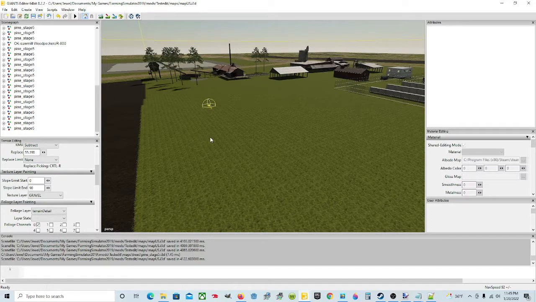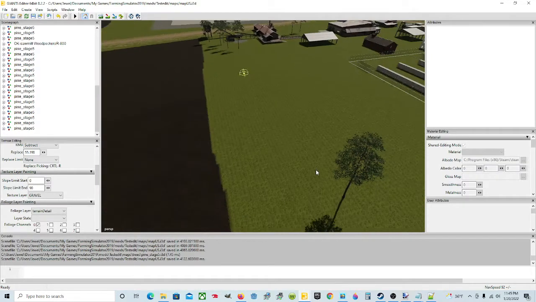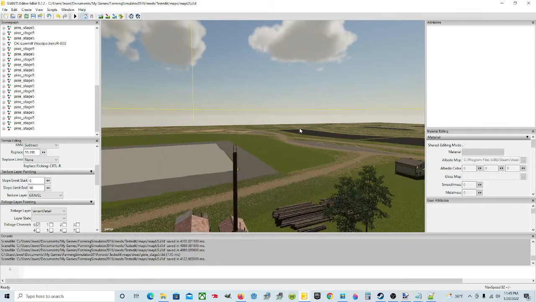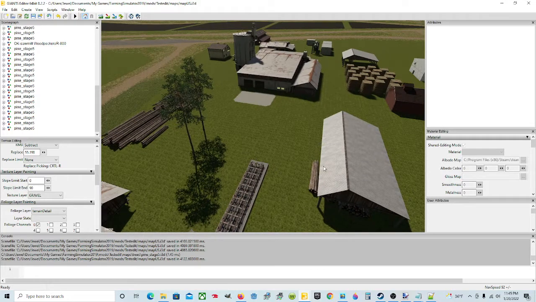I forgot what button it was, but there's a certain button you hit and you can just keep clicking, click, click, click, click, and the trees will just keep placing down wherever you stick them. It'll randomly do it, but I gotta look it up to see. I forgot what the button you hit was. But anyway, that's how you can move,